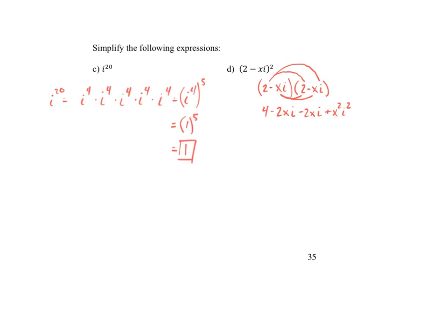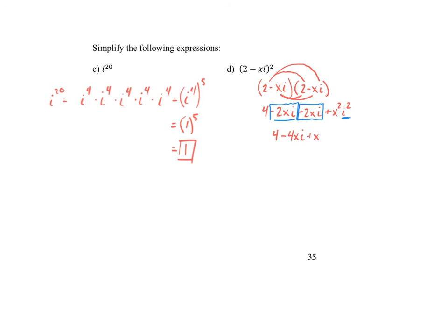So I see x squared, which means I have a quadratic. It's going to be a really odd-looking quadratic, but I do have one. Now I have to simplify as much as I can and combine like terms. So there's one of my like terms. There's another of my like terms. And I can also simplify this. So first, let's deal with this negative 2xi plus negative 2xi. So we have 4 minus, I've got negative 2xi, and then I've got another negative 2xi. So I'm going to rewrite that as negative 4xi